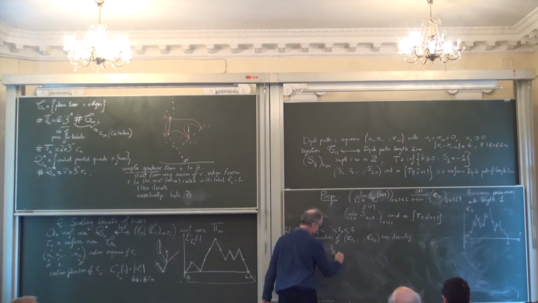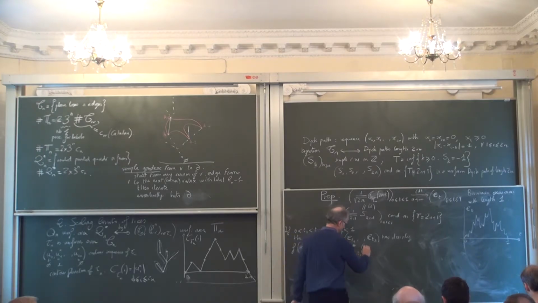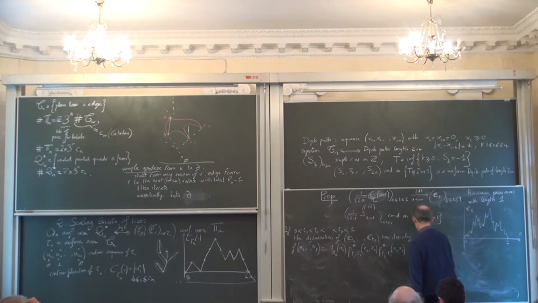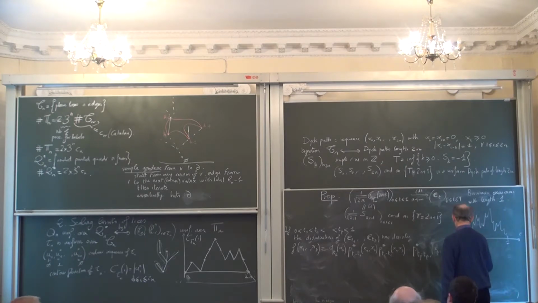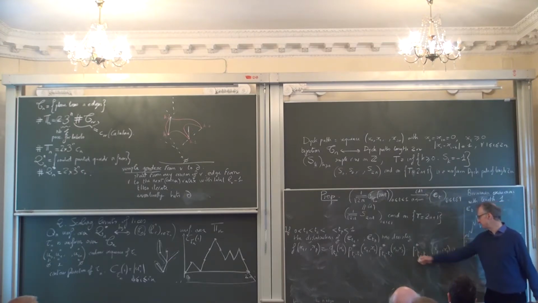We will have first q_{t1}(x1). Then you have another function which I call p star_{t2 minus t1}(x1, x2), p star_{t3 minus t2}(x2, x3), and so on. The last one is p star_{tp minus t_{p-1}}(x_{p-1}, xp). And finally, you have q_{1 minus tp}(xp). Okay? So I need to tell you what are these q and this p star.